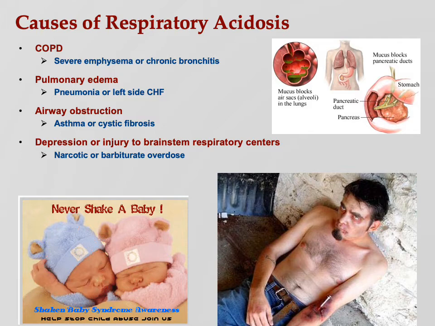So what are heroin addicts going to be like? Yeah, they're totally just gassed out. They got nothing. Central nervous system depression, depressed reflexes. That's what these people are going to be like. Okay, barbiturate, same way. Stroke, tumors, trauma to the brainstem. So in this case, a stroke or a tumor can do almost anything to your brain, but that respiratory acidosis, if it's in the medulla or pons that controls respiration, then that could cause hypoventilation.